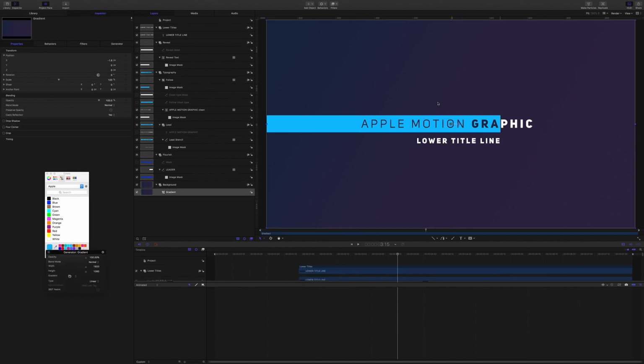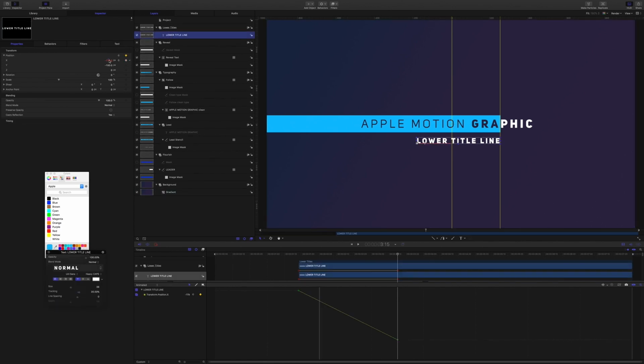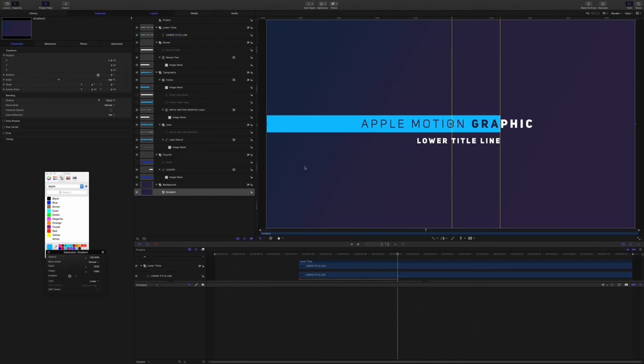Not quite, so I'm just going to turn my guides back on and tweak that X position value. With the playhead at 3 seconds 15, I'll just drag it over a little bit more. Okay, so